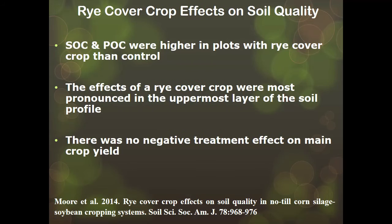So we found that soil organic carbon and particulate organic carbon were higher in plots with a rye cover crop than with a controlled treatment. We attributed this difference to the rye having more biomass in these treatments. So we had the rye cover crop following both crop treatments, but we also saw a significant difference when rye